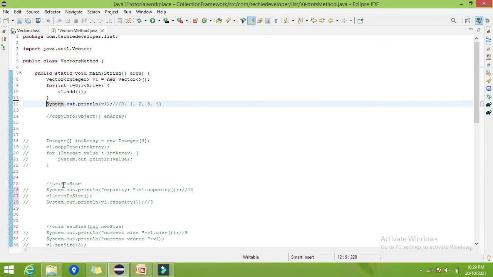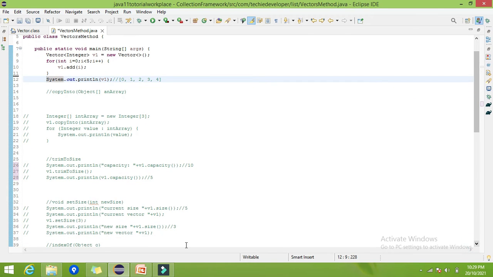So let's try it now. First, I have printed the current size. What is the current size? It's 5, because we have added only 5 elements.